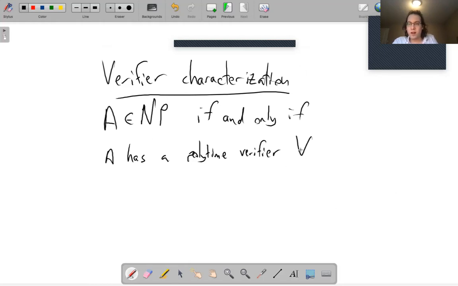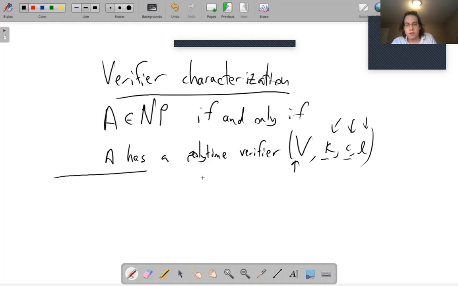It's really a tuple: V, which is a Turing machine, and also some constants which basically upper bound the polynomial time computation. When we say polynomial time, we mean that there is some polynomial that bounds the computation complexity of V. So we can put some constants here. How many constants you need doesn't matter too much. Let's put these constants here; these are positive integers. And so what is a polynomial time verifier? What is this tuple? We say that V is a polynomial time